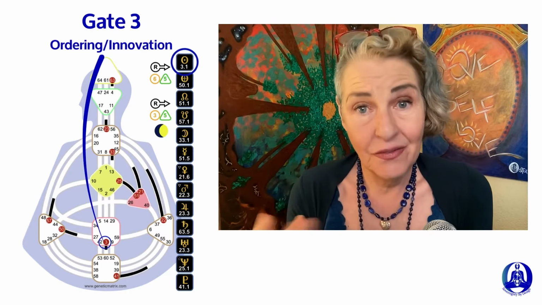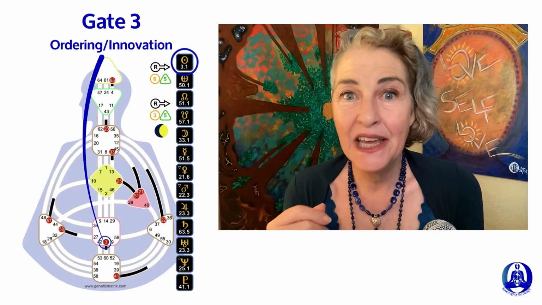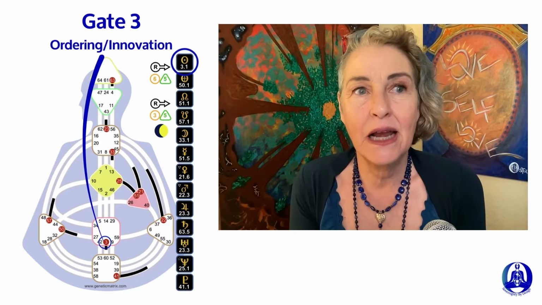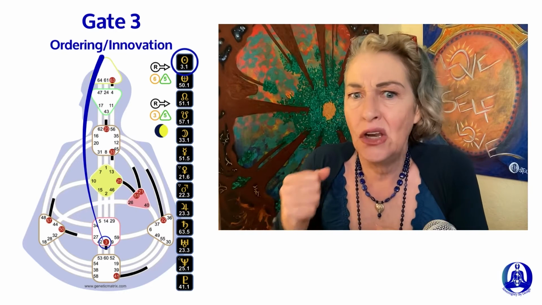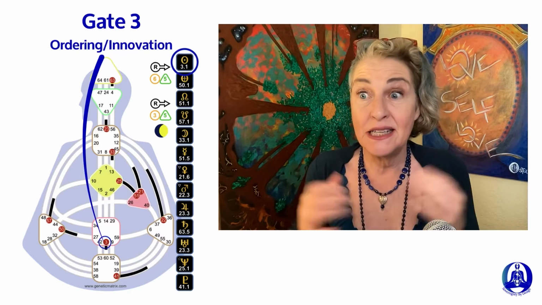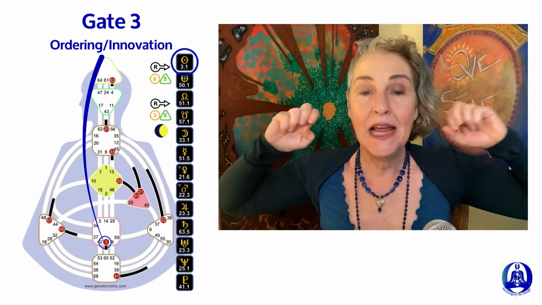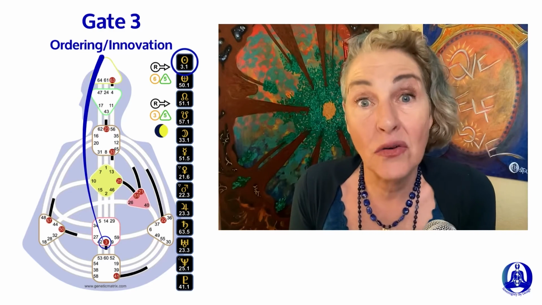Now, it's also known as difficulty in the beginning, which is the I Ching. And it makes sense because innovation can be difficult at the beginning, right? I mean, you're trying to innovate and do something new with something that already exists, because that's what innovation is. It's not creating something completely new out of thin air, right? It's about innovating something that already exists. And I think the reason that the 3 is known as difficulty at the beginning in traditional human design is that innovation is bringing things into form, right? Bringing new things into form can be difficult at the beginning, right?